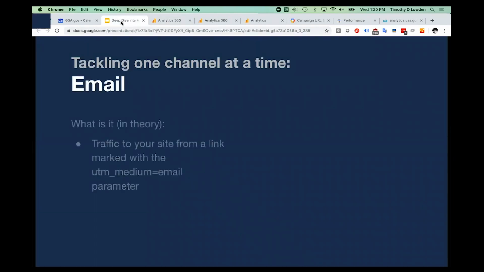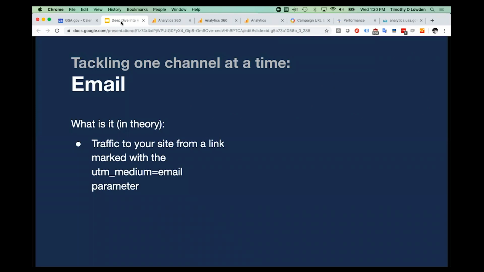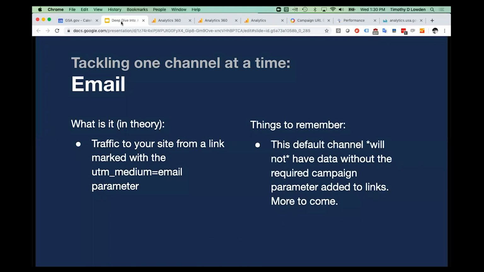Okay, email. So it is traffic to your site from a link that has the UTM_medium parameter that equals email. This is, again, a campaign thing. We're going to talk about this. Things to remember. The email default channel will not have any data in it without the required campaign parameter added to the links. And what that means is if you have an email that goes out to a bunch of